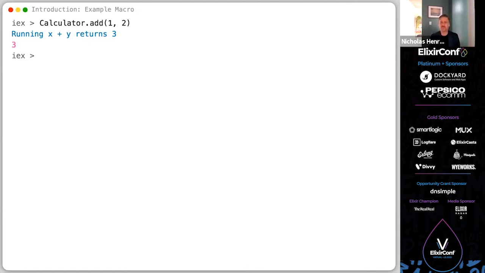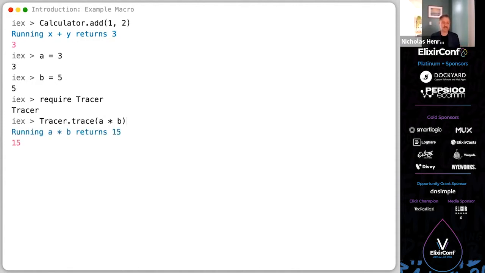Just to get a better feel for how that's working, let's bind a couple of vars here. And we're going to require our tracer macro. I'm going to invoke this macro at the command line just to see how that's working. And again, you can see that we have our message that's being printed to standard out with the expression and the result.